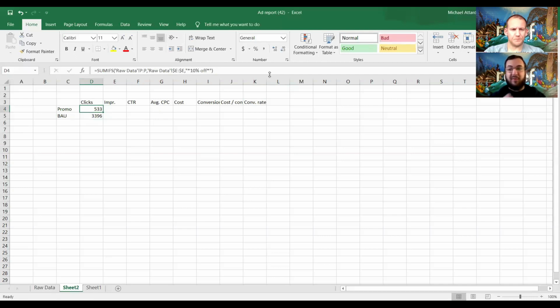And because we've now locked down the criteria range of headline 2, but we haven't locked down the sum range of clicks, we can now copy and paste that across. Obviously, we're skipping over click-through rate and cost per click, because those are calculated metrics, but we do cost and conversions, and then we can drop in our